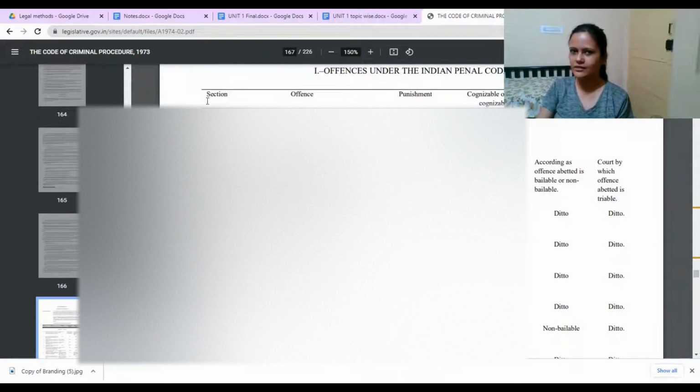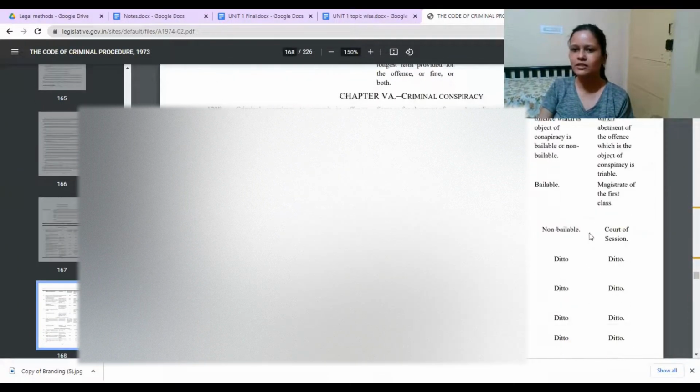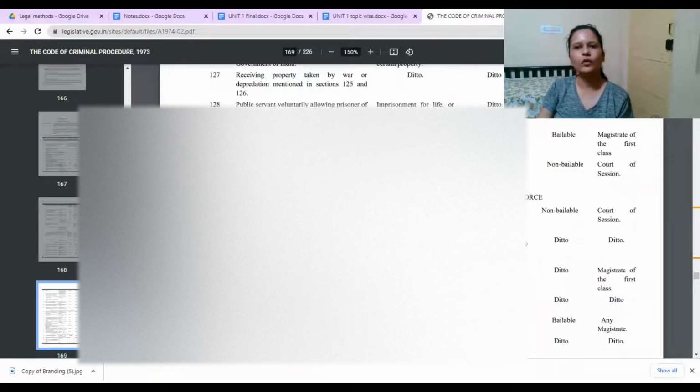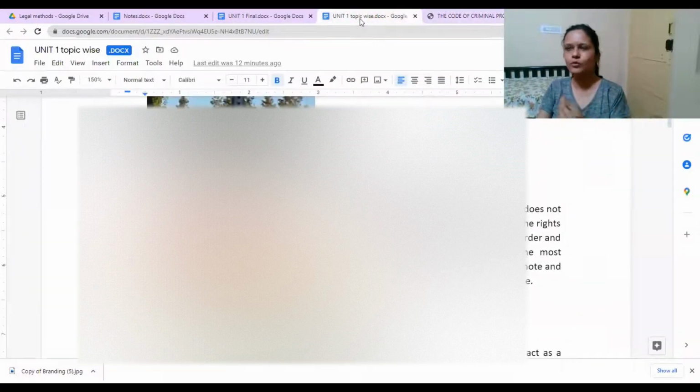See, here it mentions the section, what the offense is all about, what the punishment is, and which court you would be going to. It mentions specifically, like court of session, magistrate first class, that court only you need to go to. Depending on how severe the matter is, if it's very severe, you would go to sessions court. Otherwise, mostly you would go to magistrate court. Like that, it has been specified. And in the same way, for most legislations, you will see it specifies that for this certain matter, you need to go to magistrate court, and so on.